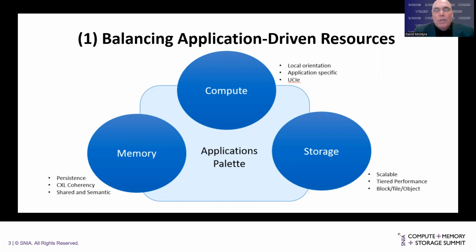For compute, we're really leaning into how to locally orient compute resources to best support cloud to edge applications. And also UCIe, the chiplets that provide specific functions that can be very tuned for given applications, also a big